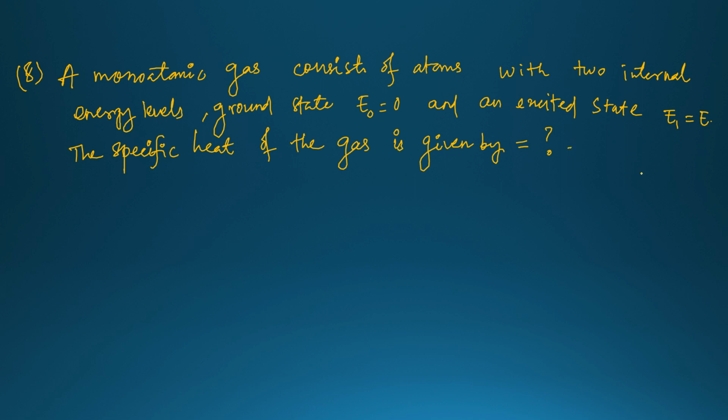Monoatomic gas consists of atoms with two internal energy levels: ground state E0 equal to 0 and an excited state E1 equal to E. Specific heat of the gas is given by